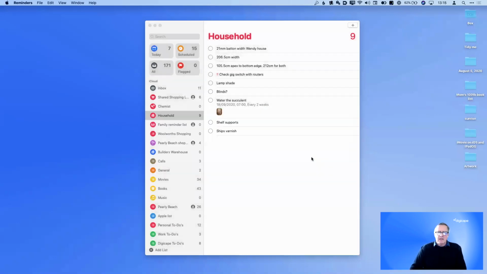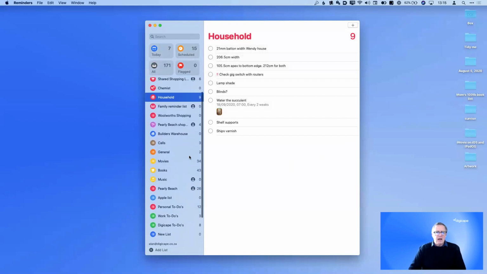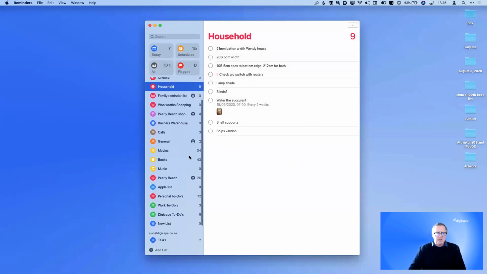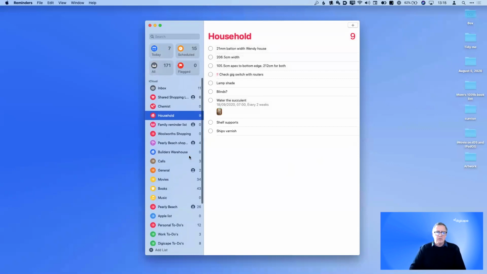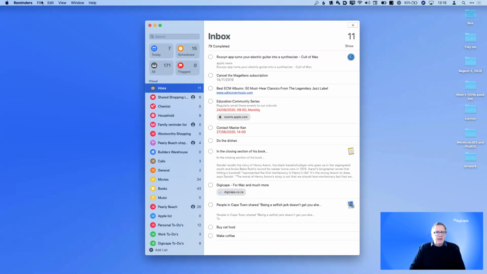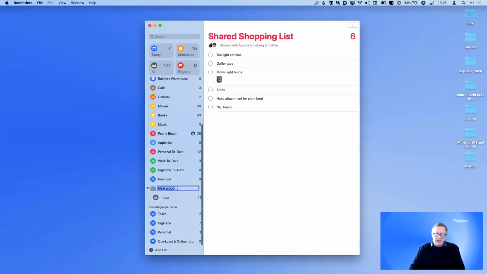One final thing, if you are as profligate as me and you've got lists upon lists upon lists, you can actually group them together. And this is a new thing with iOS 13. I can either go to File and make a new group, and there's my group. I can give it a name,